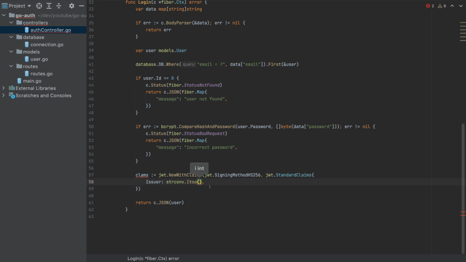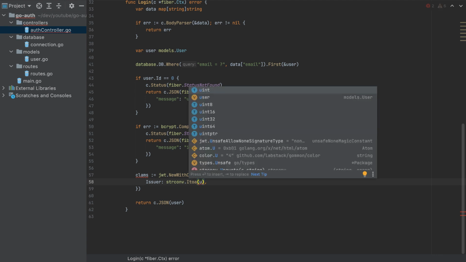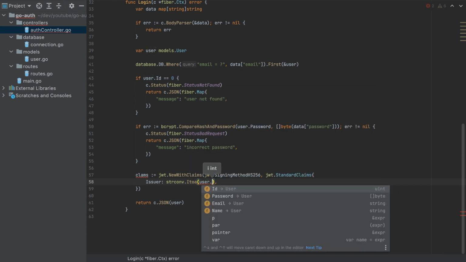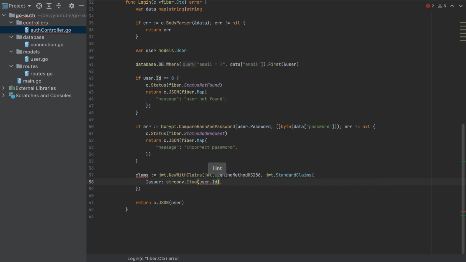So user ID is a uint, so this user ID cannot be sent like this, but we have to convert this to an int. So like this we converted the user ID to a string. So this is claims,